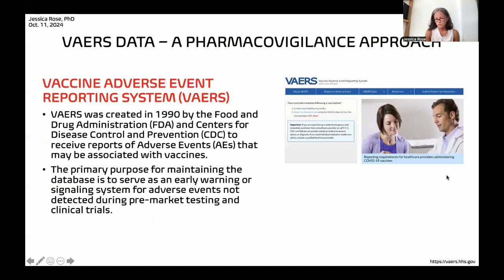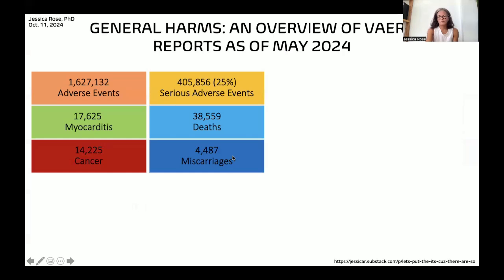So the last thing I'd like to talk about is the Vaccine Adverse Event Reporting System, which is intended to detect safety signals in pharmacovigilance data for subsequent assessment of causality. In other words, are the safety signals arising because there are associated harms with certain products, like these injectable products in the COVID-19 context? So just in general, as of May 2024, there were over 1.6 million reported adverse events